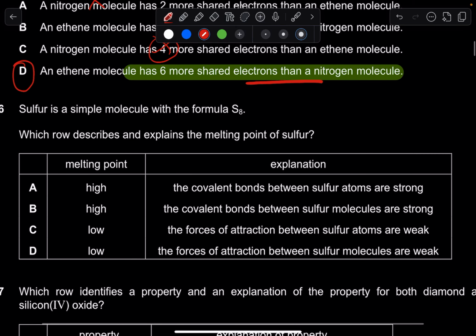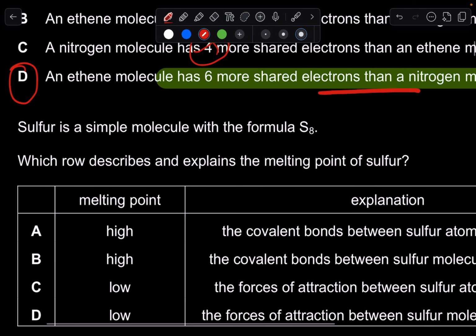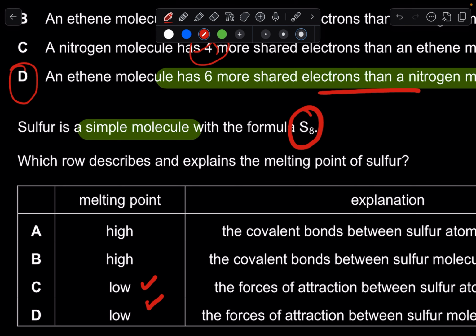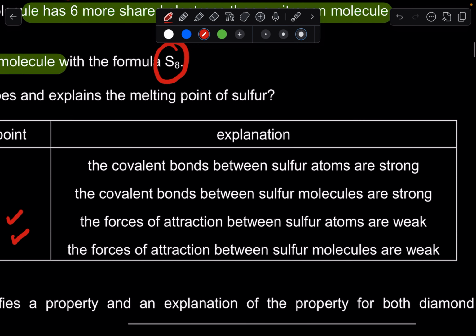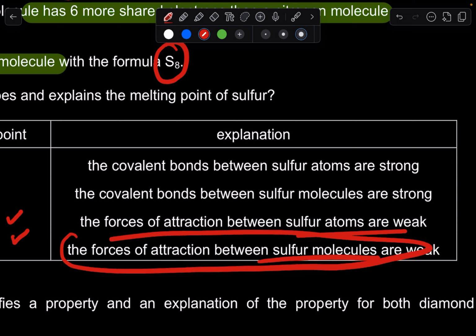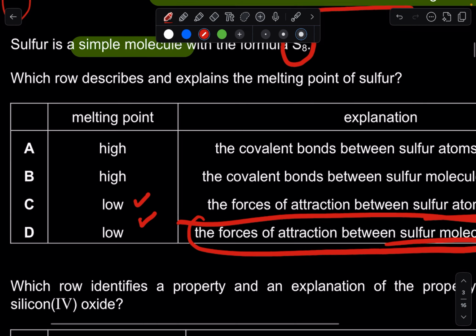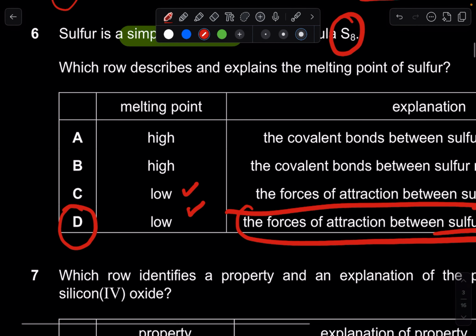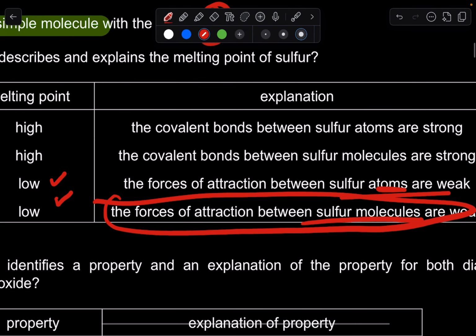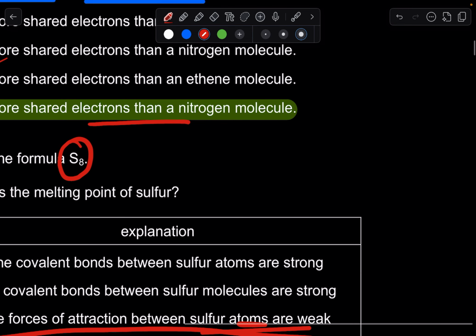Okay. Sulfur is a simple molecule with the formula S8. Which row? The word simple molecule tells us that it's going to have a simple molecular structure. So it's going to have a low melting point, and there's a force of attraction between the sulfur molecules. In a simple molecular substance the force of attraction is between the molecules, not between atoms, because an S8 sulfur looks something like this: